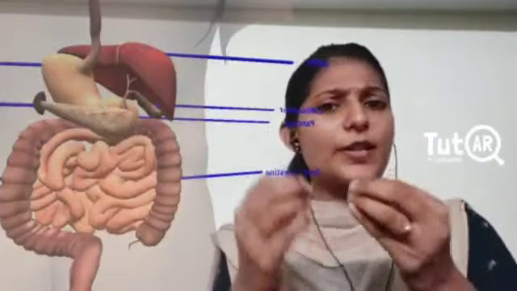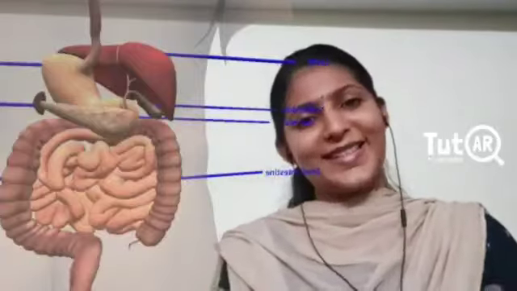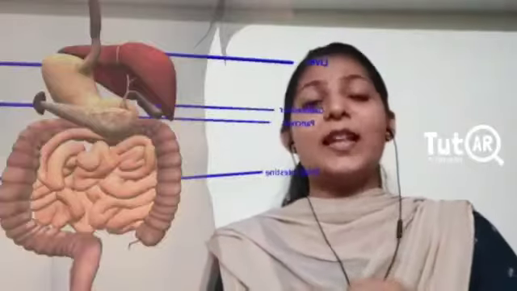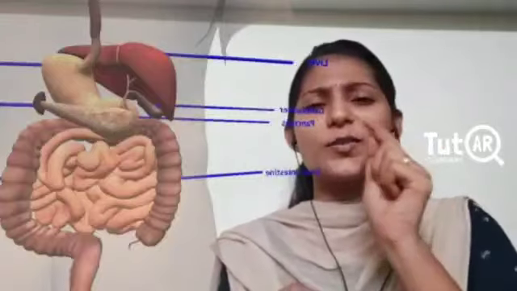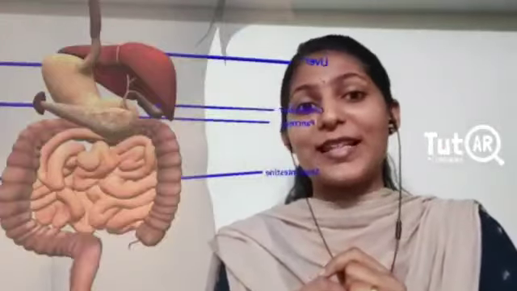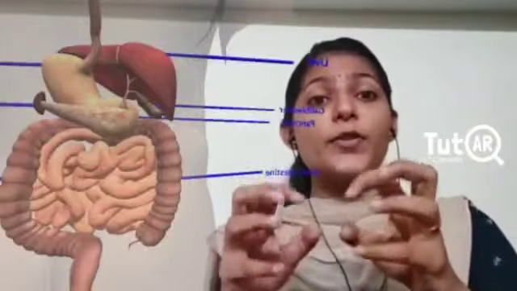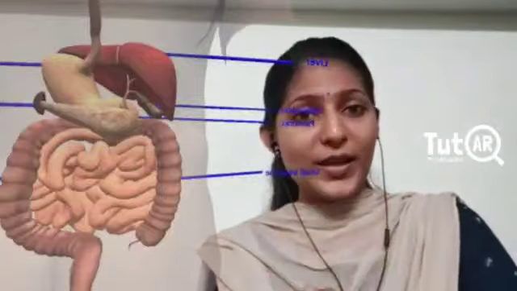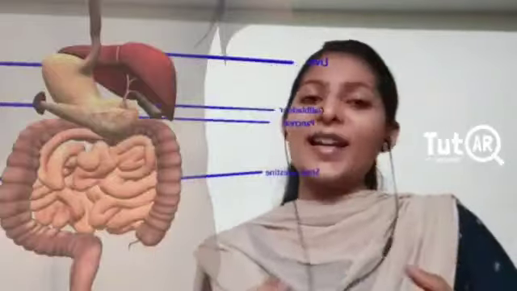Now, where does this digested food go, or how is it absorbed into the body? Yes, the small intestine acts as the site of absorption too. The internal structure of the small intestine has small finger-like projections called villi. It is the function of these villi to absorb these molecules and pass them on to the bloodstream so that it reaches the different cells of the body, and that's how we get energy.